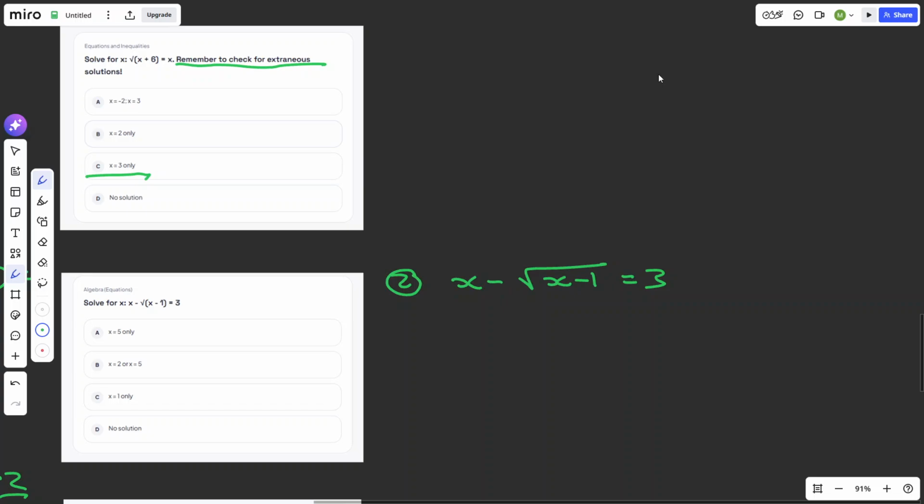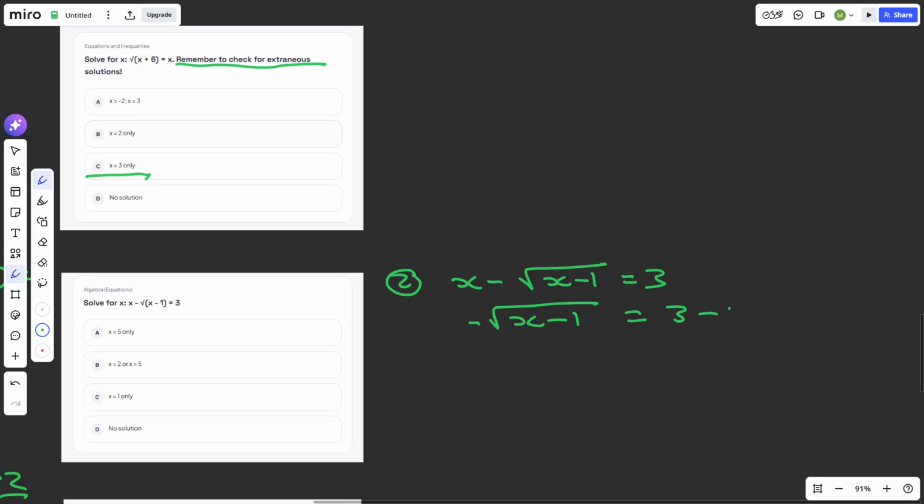Okay, so firstly, we need to square both sides. But when squaring both sides, you need to consider what terms you have, right? If we were to square this part here, we're going to have a long list of terms. There might be some complications down the line, right? So let us transfer one term to the other side, okay? So we'll have minus square root x minus 1. This term we leave on the left,